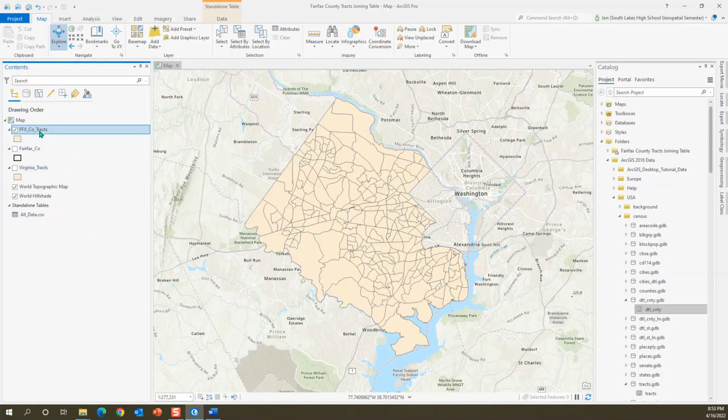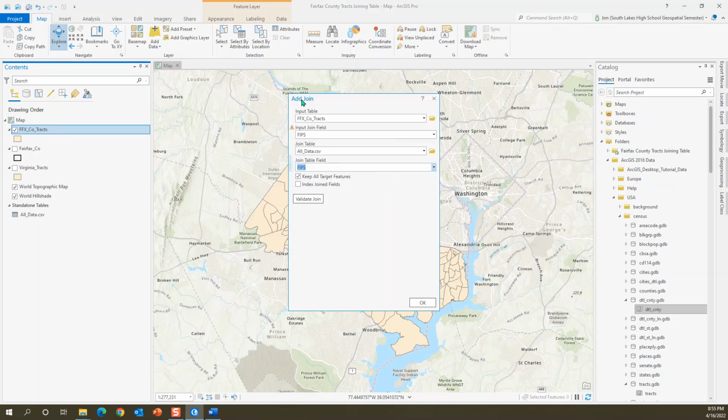To do that, you always want to go back. You're always doing the following. Make sure you think about it in this way. We're not going to connect the Fairfax County Tracts to a spreadsheet. We're not going to connect this feature to a spreadsheet. We want to connect this additional data to a feature. And that's always the way you're doing it. You're always wanting to add tabular data to your spatial feature, which is the census tracts. Okay, so to do the join,